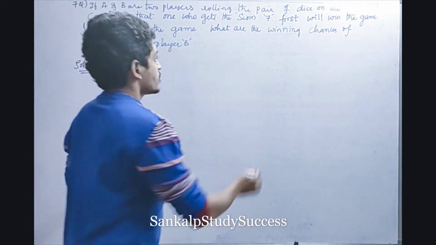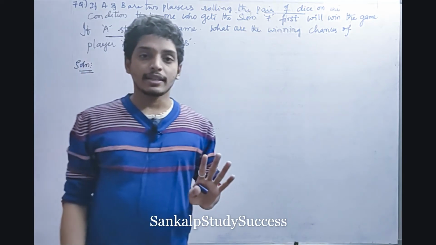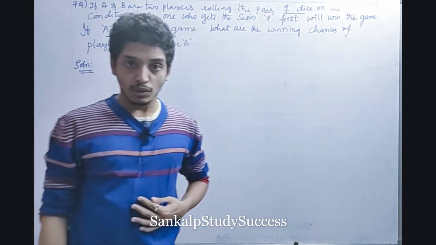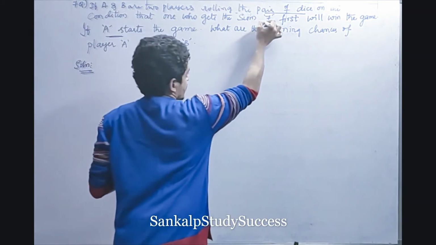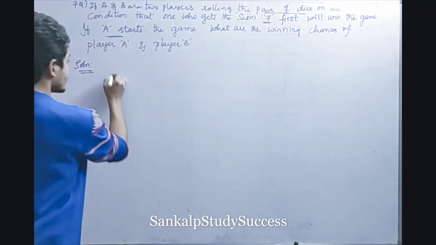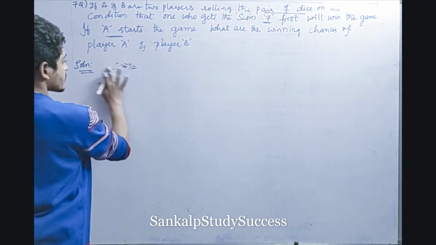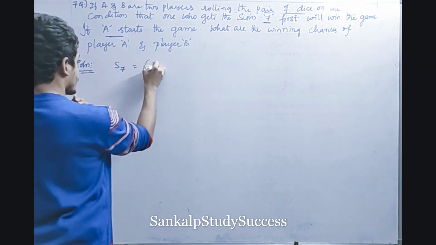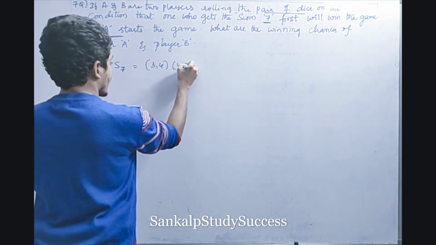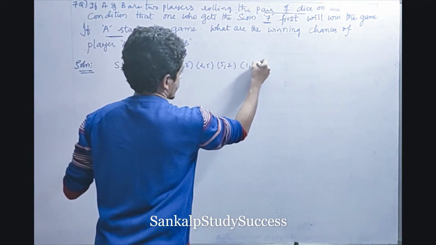Okay, fine. So a pair of dice has been rolled. Pair of dice in the sense, 2 dice, that is nothing but 36 total outcomes for sure. 6 square is 36 outcomes. So the one who gets the sum 7 wins. What is the probability of sum 7, friends? How can sum 7 come? First of all, write the events. Sum 7 in the sense 3 comma 4, 4 comma 3 and 2 comma 5, 5 comma 2, 1 comma 6 and 6 comma 1.